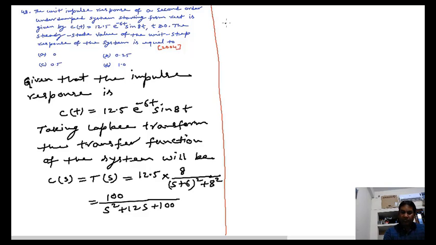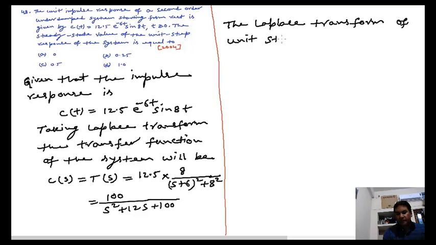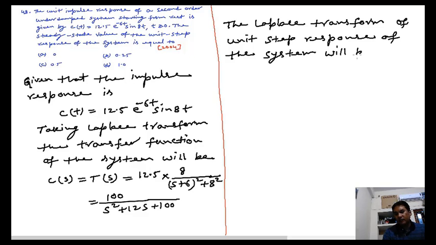So the unit step response of the system in Laplace domain will be the Laplace transform of the unit step response of the system, which will be given by